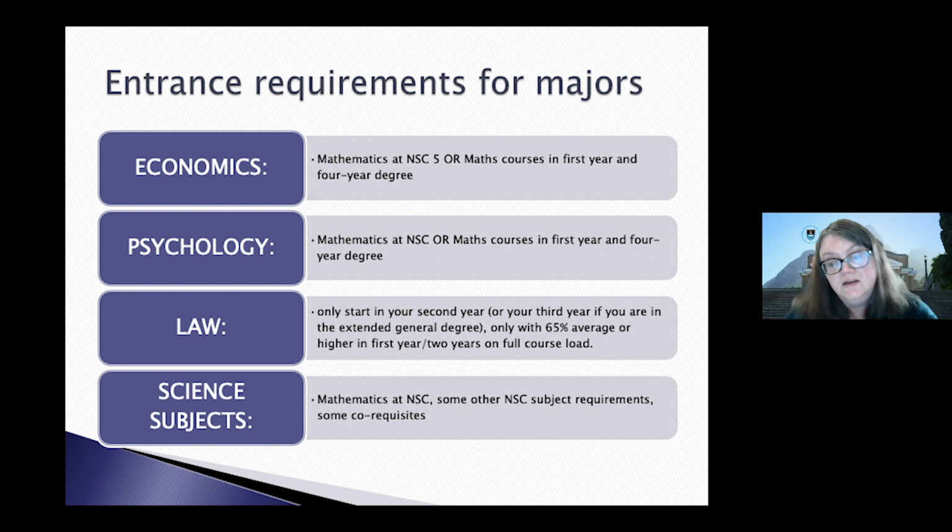Science subjects, you will have to do the mathematics, often at 70 rather than 60. And you will have to make the entry requirements not just for your main subject, things like biology or physics or whatever, but for the mathematics you have to do in the same year at the same time. So those technical science subjects are tricky. Some of them are not. Archaeology doesn't have entrance requirements. Environmental geographical science, you don't need maths, you need life sciences or geography at matric. So there's different rules depending on which subject it is that you want to do.